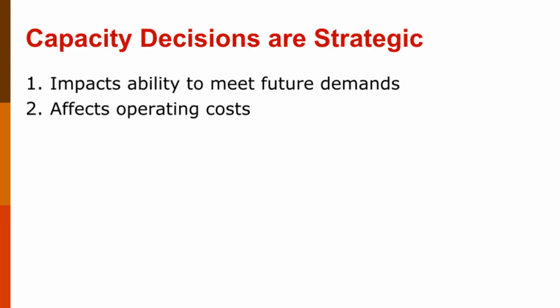2. Adding capacity affects operating costs, both now and into the future. Notice that I said affects rather than raises operating costs. If you replace an old, slow machine with a faster, more modern machine, your capital costs go up by the cost of buying and installing the machine, but it might just lower your operating costs by being both faster and